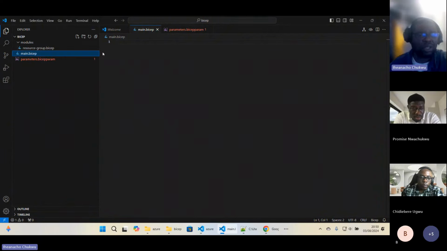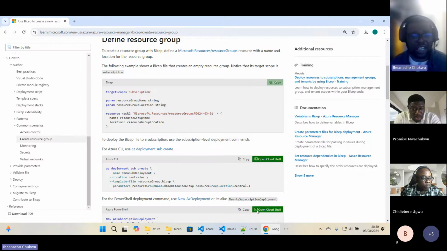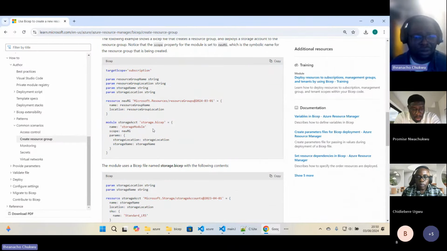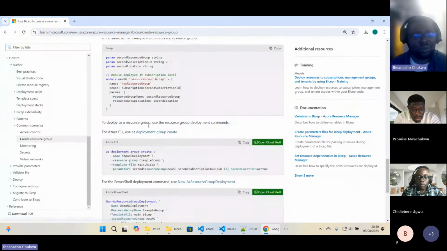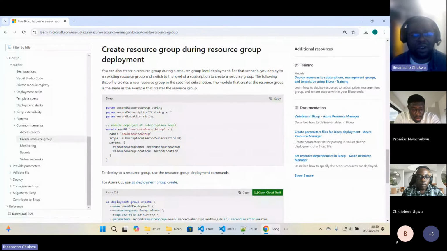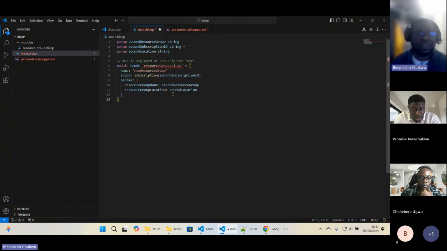Then I'll have to call that module from the main Bicep file. Okay. How do we call the module? We can still go online and check as well, just for the first one at least. So we have an example here where a module is being called. So basically you see it points to the module resource, gives it a name that you'd like to call it, and you direct this to the path of the module you're calling. Okay, if I just copy this over, all right, and have it here,